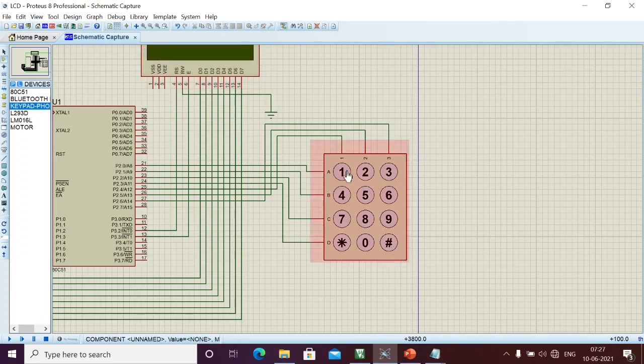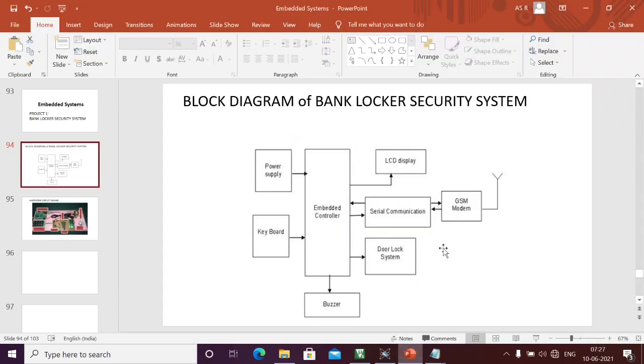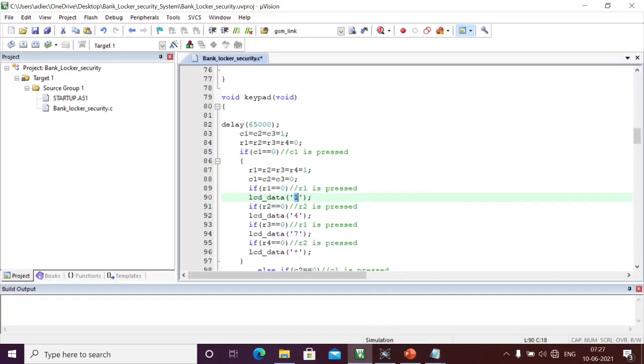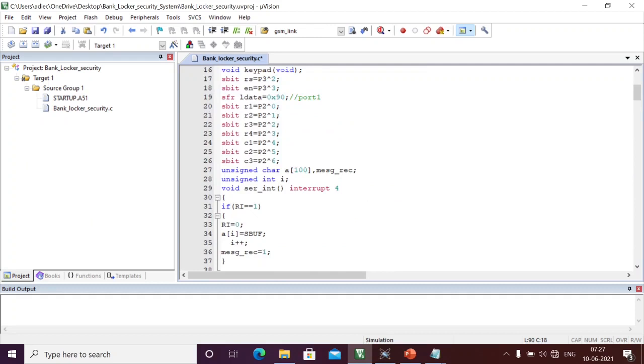If I press 1, I'm going to display 1 on the LCD, and similarly I will treat it as a password. If you press this one, I consider that 1 is pressed, so I will store it as the first digit of the password. That way we can store it in our programming. Here we should take a password of 5 characters.